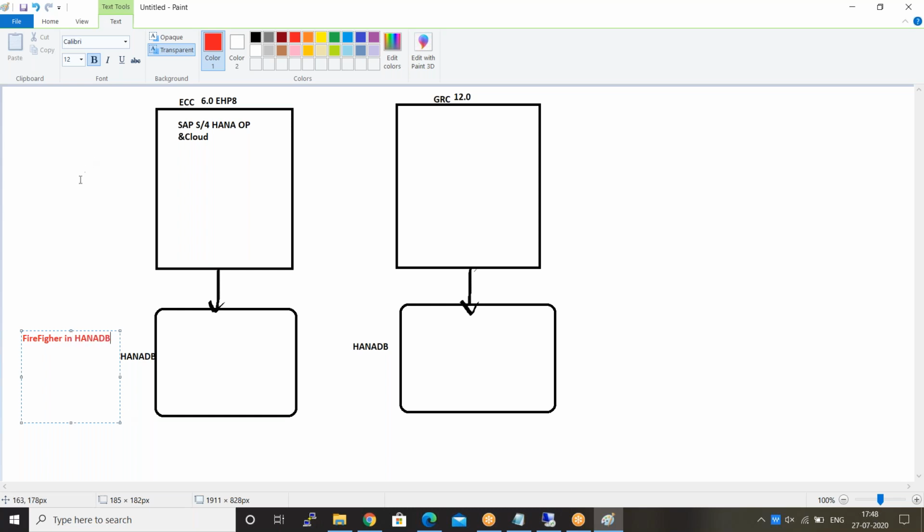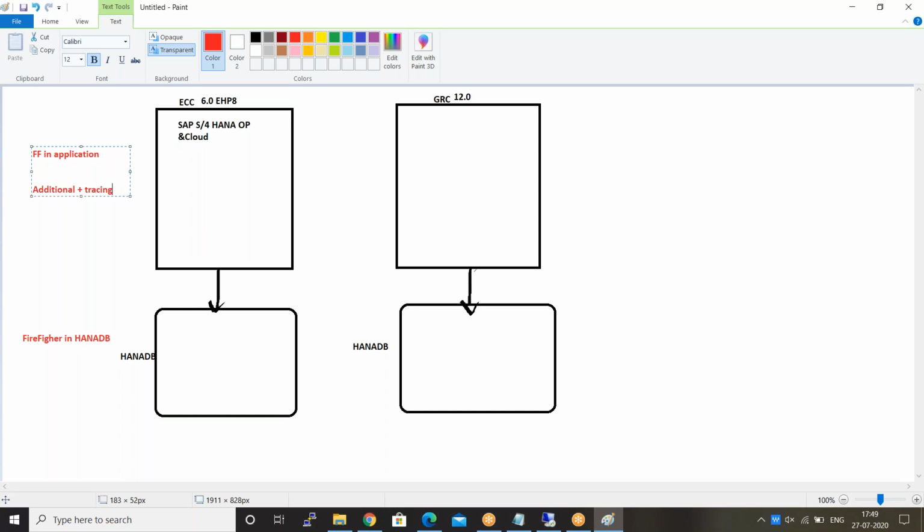Again, the same question you can repeat at the application point. Why am I doing firefighter in the applications? Because I want to provide additional access. So you have to provide additional access, plus not only additional, you have to continuously trace. Why do you want to trace? Because maybe that guy is doing illegal activities. And you have to continue making reporting. That will be an automation that you can do from the application point of view.